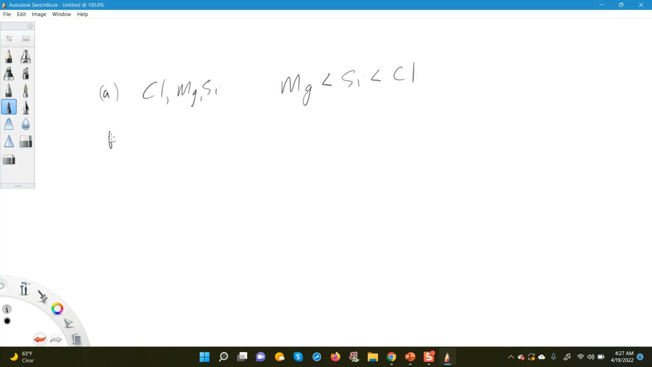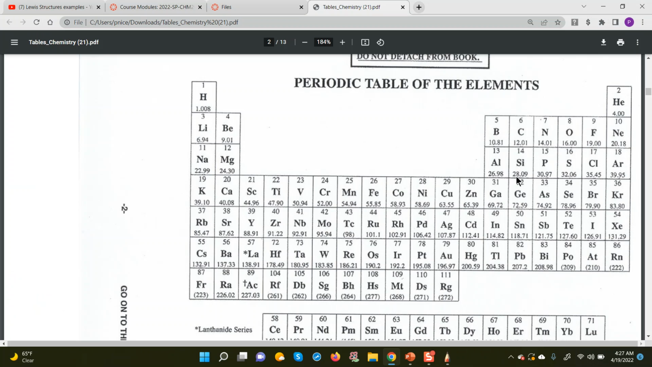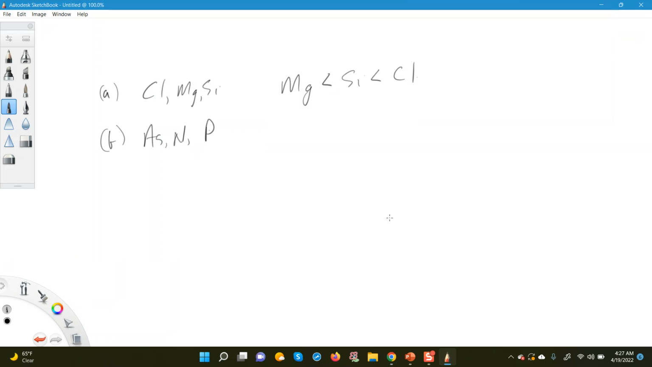Now in the case for B, you're given arsenic, nitrogen, and phosphorus. If you consult the periodic table, arsenic is here, nitrogen is here, and phosphorus is here. Remember, going down a group, the electronegativity decreases. So arsenic would be the least electronegative element, followed by phosphorus, followed by nitrogen. And then in the case of C, they gave you arsenic,